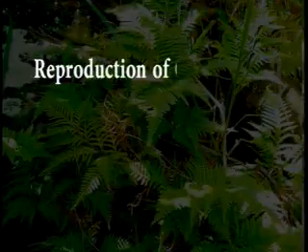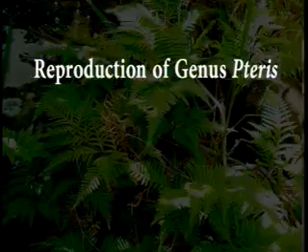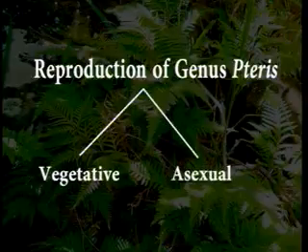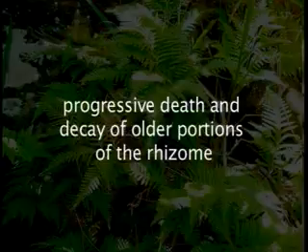Now the reproduction of genus Pteris. The Pteris sporophyte reproduces vegetatively and asexually. First, the vegetative reproduction. It takes place by progressive death and decay of older portions of the rhizome. When the decay reaches the point of branching, the main axis and branch get separated and grow as individual